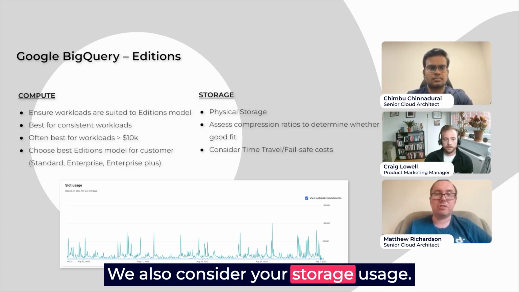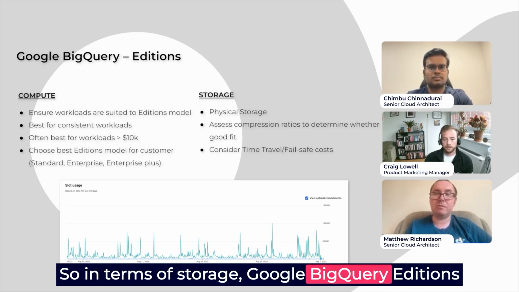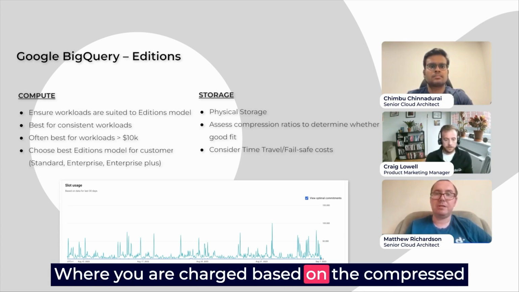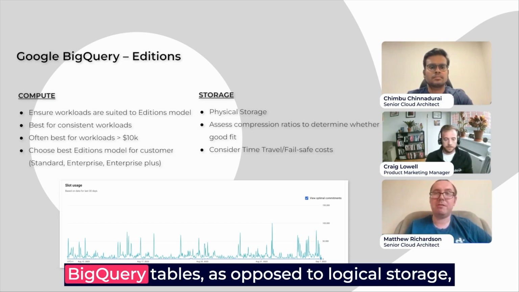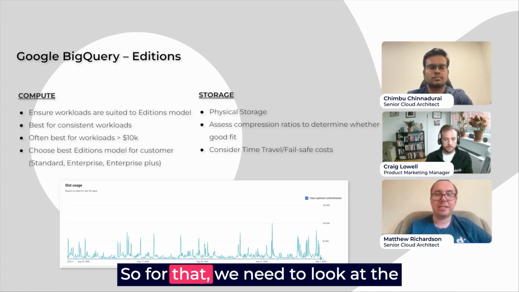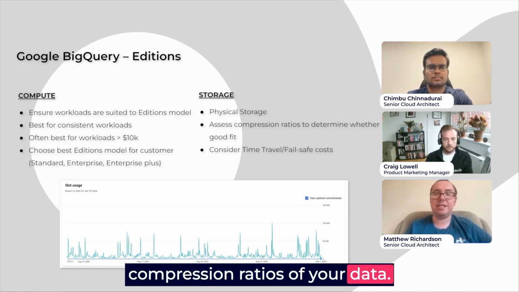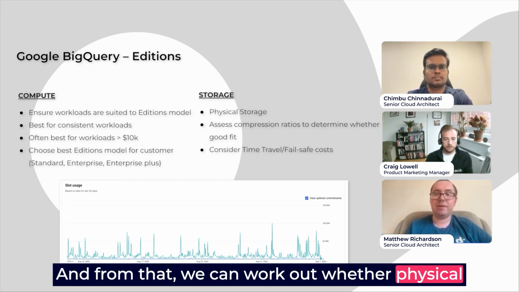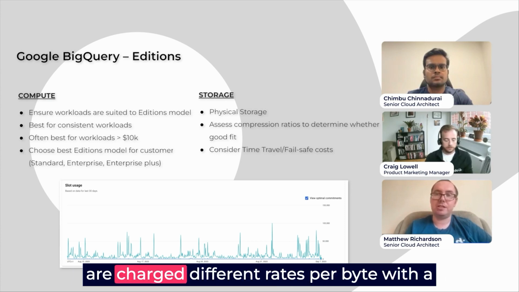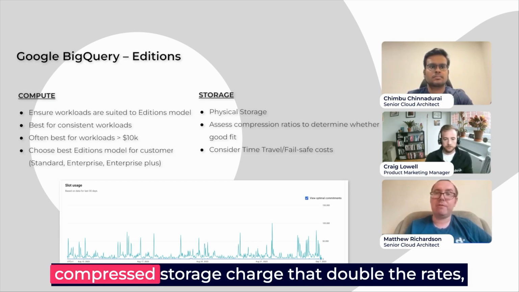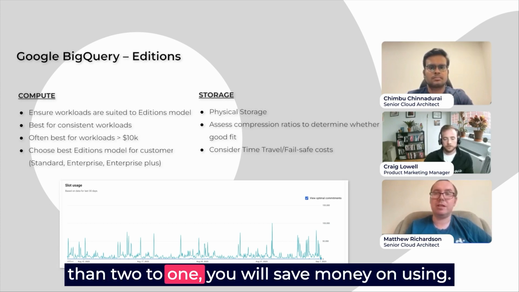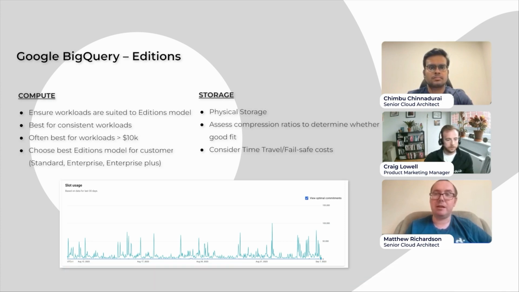We also consider your storage usage. So in terms of storage, Google BigQuery Editions has released the new physical storage capability, where you are charged based on the compressed amount of bytes that you have in your BigQuery tables, as opposed to logical storage, which charges you on uncompressed bytes. So for that, we need to look at the compression ratios of your data. And from that, we can work out whether physical storage is going to be more cost effective for you or uncompressed storage, because they are charged at different rates per byte, with compressed storage charged at double the rates. But if you have a compression ratio of greater than 2:1, you will save money on using BigQuery physical storage